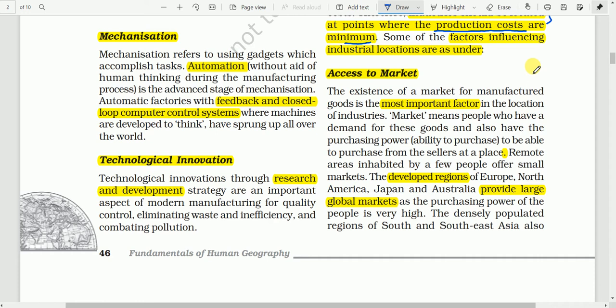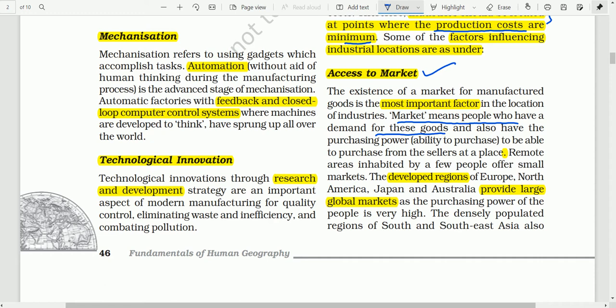The first factor is the access to market. Okay, this is one of the most important factors in the location of the industries. Existence of market for manufactured goods is the most important factor. So what do you mean by market? Market here means people who have the demand for these goods and also have the purchasing power. That is, who have the ability to purchase